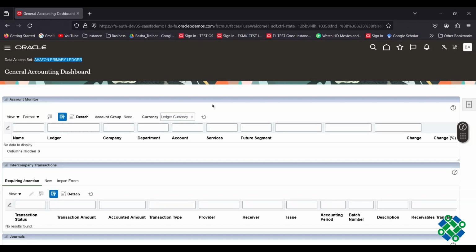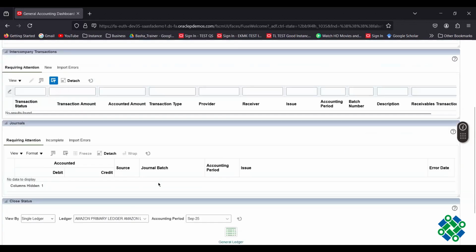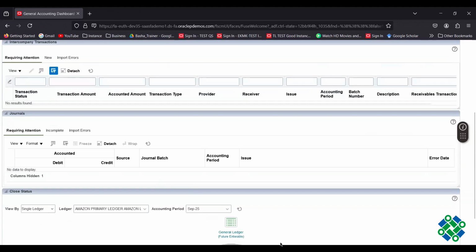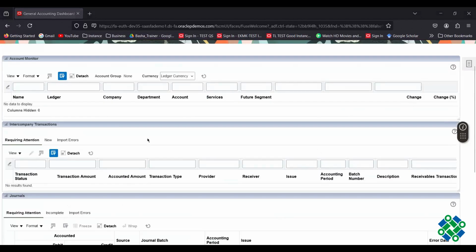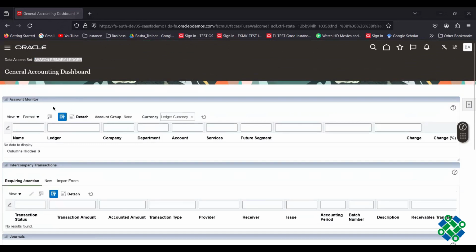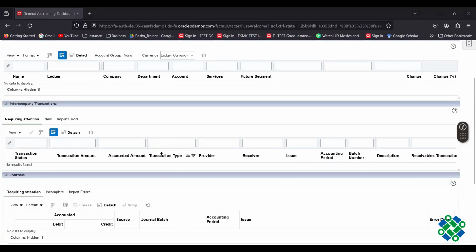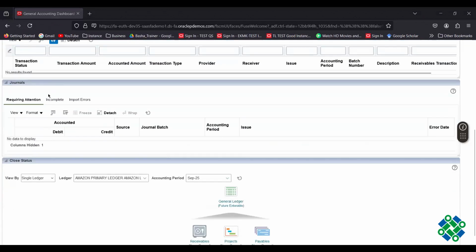We will be having data access set. Based on that, we will assign or switch to different ledgers. So the user will find this account monitor, intercompany transaction. Sir, can you please explain in detail about that once again, please? Yeah, I will come to that point. Here we have in the dashboard account monitor, intercompany transactions, journals, whatever journals we create, that will be